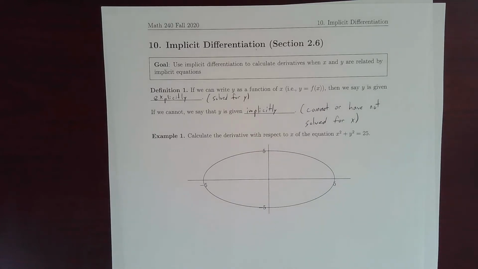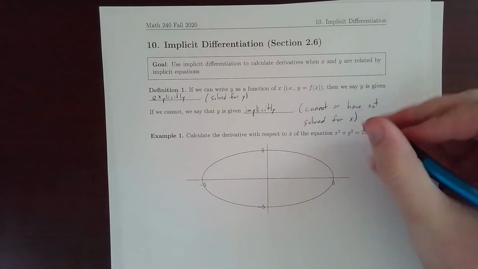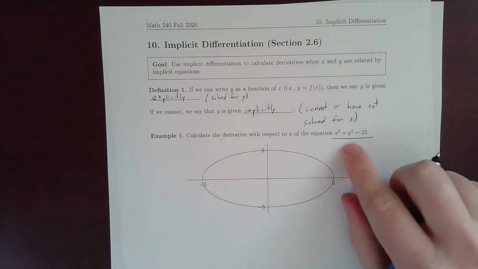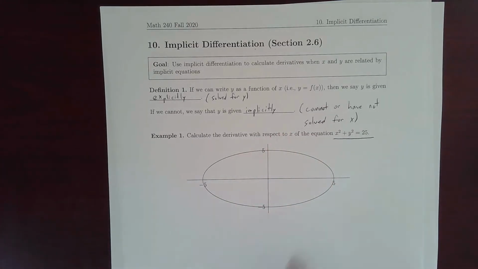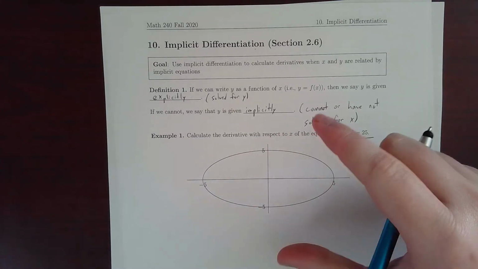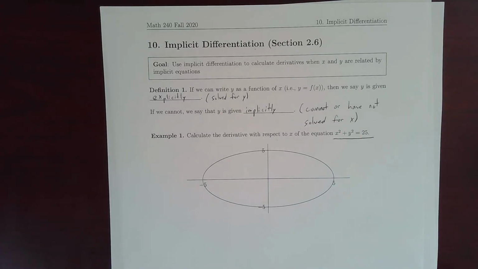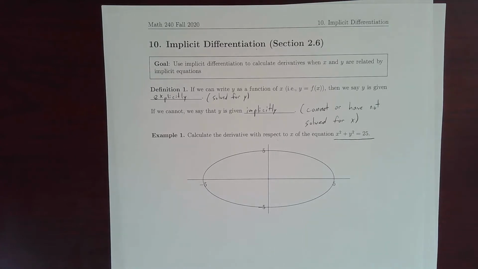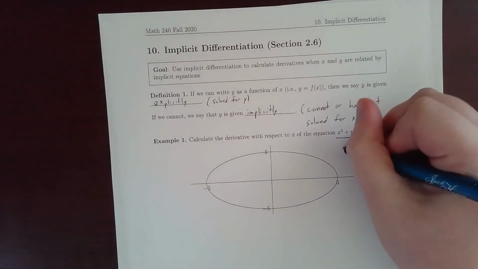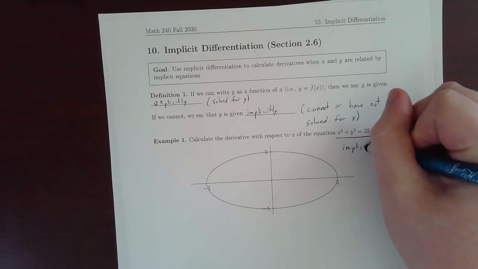As an example, we're going to try to calculate the derivative of y with respect to x of this equation. We have x squared plus y squared equals 25, which is the equation for this circle here. I know it doesn't look like a circle, but that's just because the axes are a little squished. If we try to solve for y, we're going to have y equals plus or minus the square root of something, and that's not something we really want to do. So this is going to be one of our implicit